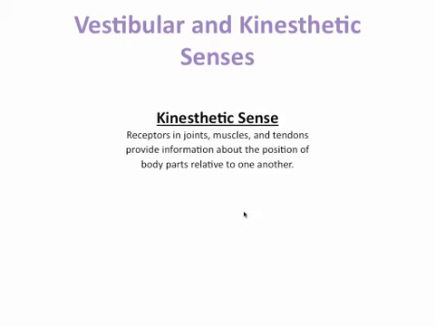The kinesthetic sense is your ability to know where the different parts of your body are relative to one another. Now, if you don't have this sense, it can leave you like a rag doll. And that's what happened to a woman named Christina, who was a patient of Dr. Oliver Sacks. He's a famous doctor who would deal with these neurological patients. She had damage to her kinesthetic nerve fibers, so she was literally like a rag doll. She couldn't control her muscles. So these receptors in your joints, your muscles, and your tendons all provide this important information about the position of your body parts.